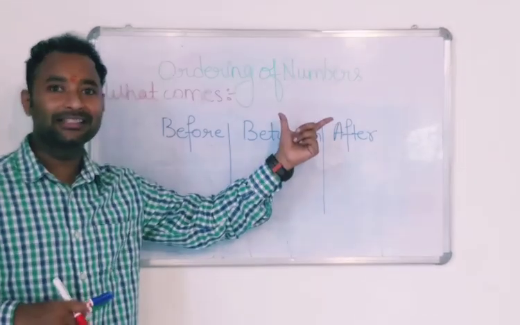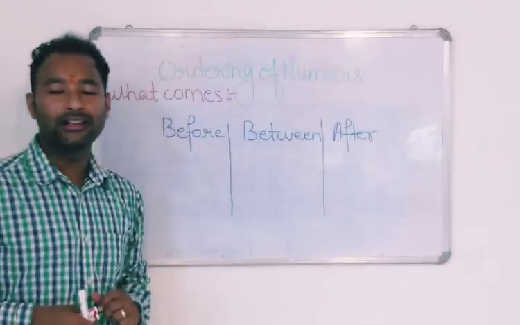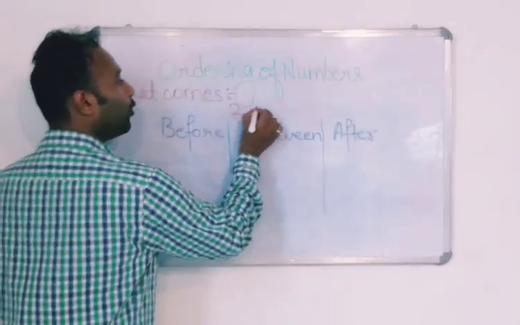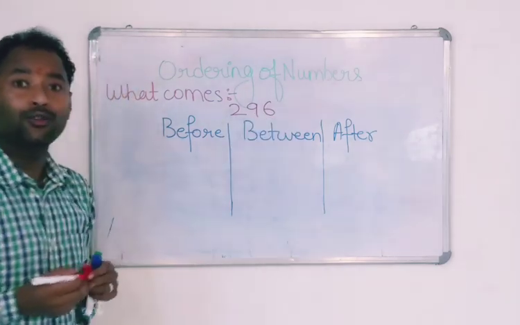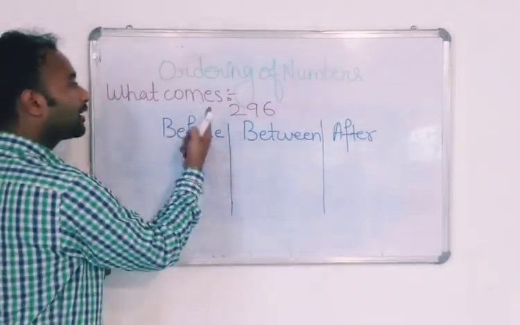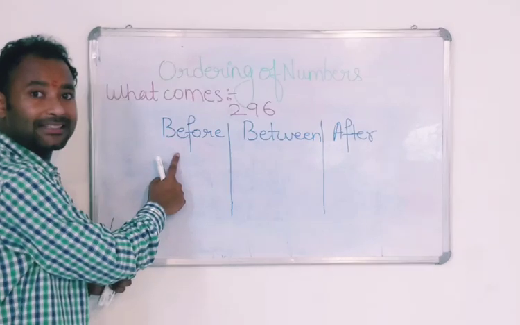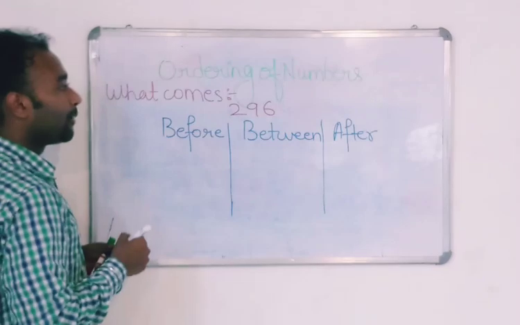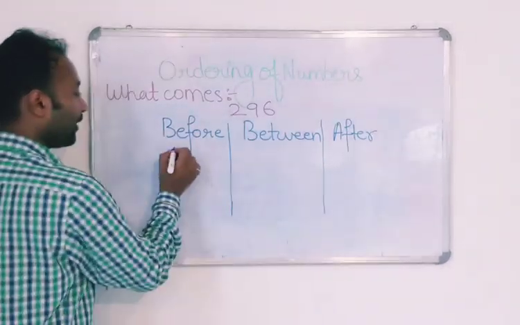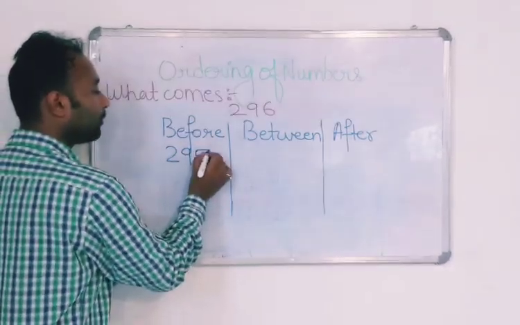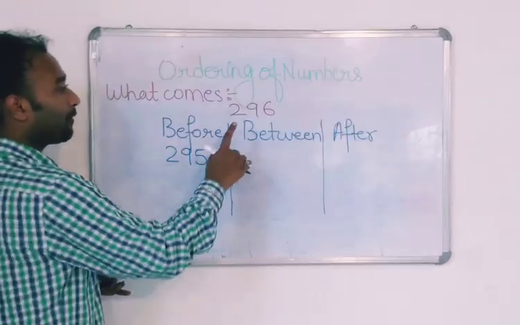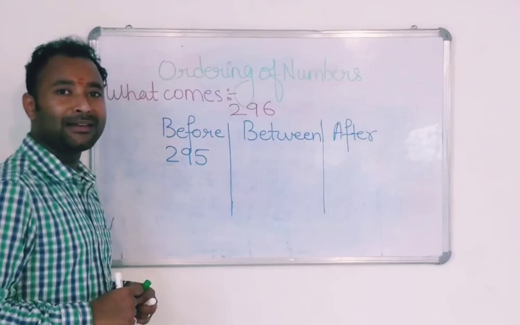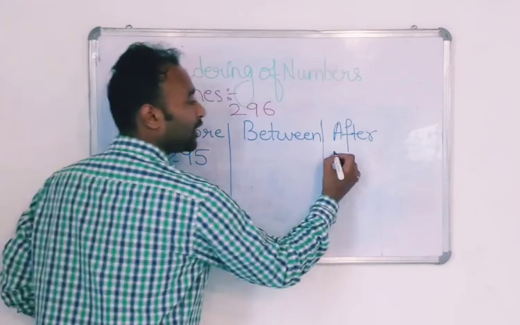I have already discussed how you will order the numbers. So if I write here 296, can you students tell me what comes before 296? Yes. So before 296 the number is 295. Okay. Now if I ask you what comes after 296, can you tell me, students? Yes. So the number is